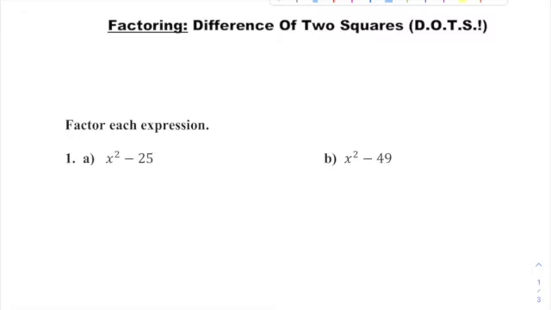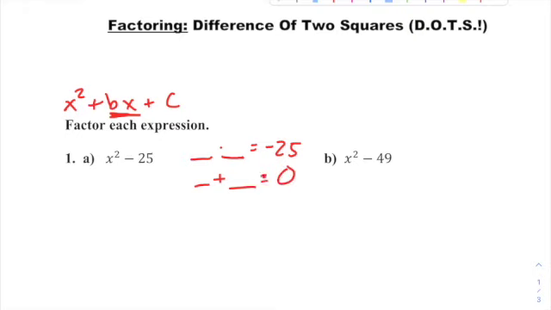And you could treat this as, hey, what two numbers multiply to be your constant, which is negative 25, but add up to be your middle term, which, remember, there's usually a linear term, a bx term in the middle, and there's no x term here. There's only the x squared and the constant, which is like saying they must add up to 0 because there's 0x in the middle. And then you can probably pretty quickly say, hey, that's got to be 5 and negative 5,